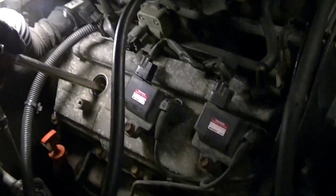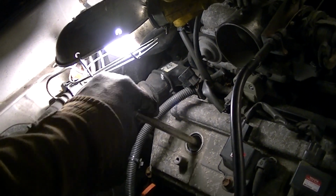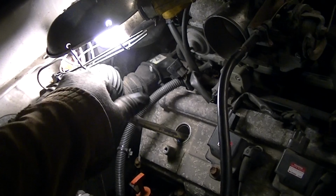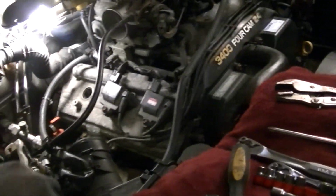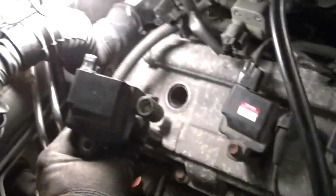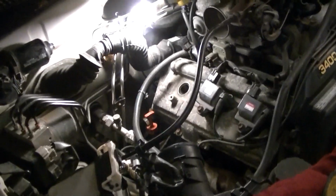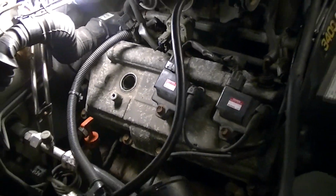So what we're going to do, we're going to put this plug in and we're just going to go ahead and swap coils, clear the codes, and I want to see if it still misses, and if it does, see if we get a different code maybe on that cylinder there. The thing that gets me here, and I think this is probably what's wrong, someone's replaced those two, but they didn't replace this one. So you know, they've probably had some problems with this coil before. The coil's on this 4Runner. So alright, we'll go ahead and switch those around,